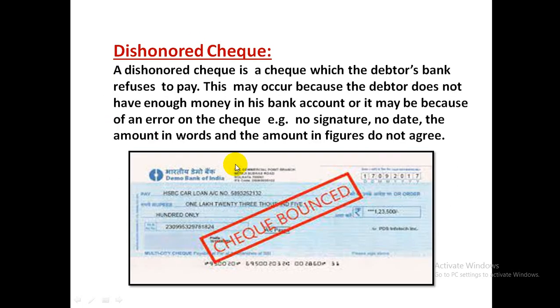Dishonored check. A check which is wrongly prepared due to any error on the check. If the date is not written, if the amount in words or figures is not written clearly, if the check is torn, if there is a lesser balance than the written amount on the check, then the check could be dishonored by the bank. So a check on which the banker refuses to give us the payment is known as a dishonored check. We do call it a